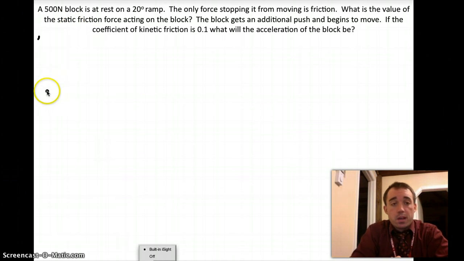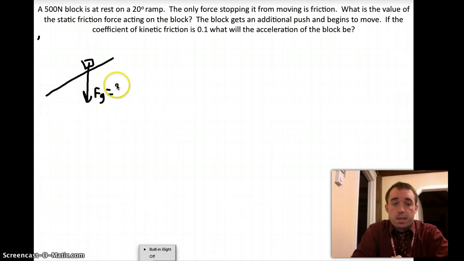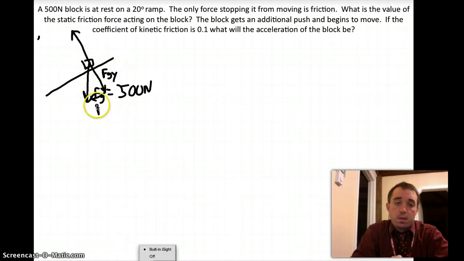We have a 500 Newton block that is resting on a 20-degree ramp. So we draw that. Force of gravity is always straight down. That's 500 newtons. And our normal force goes up kind of like that, which means we've got the FGY and FGX that we have to figure out. My FGX is the thing that's pulling me down the ramp, my FGY, the thing that's counteracting my normal